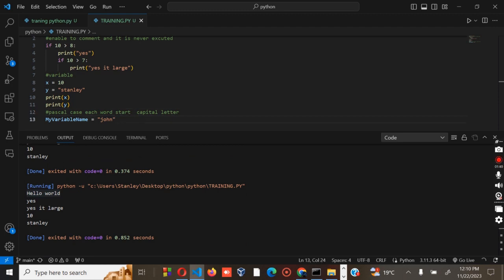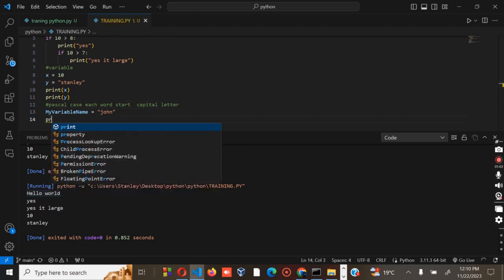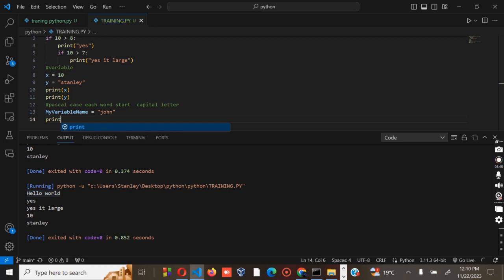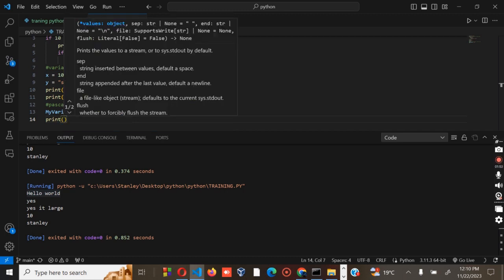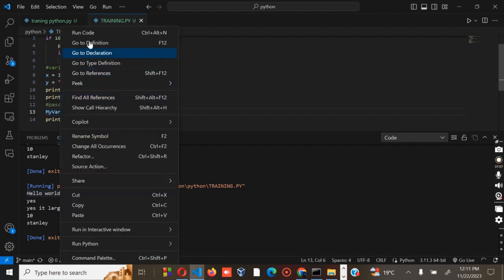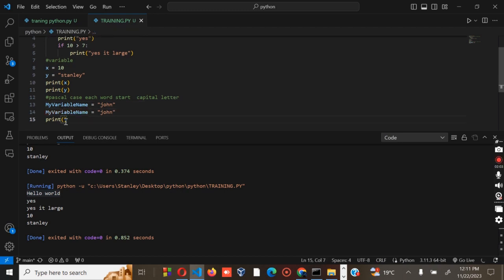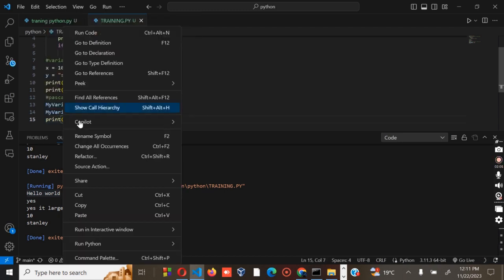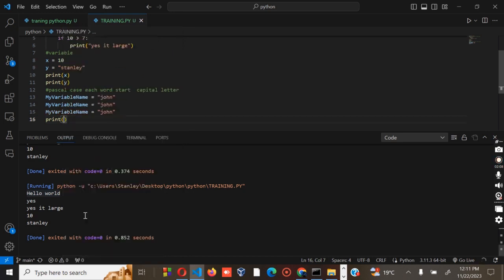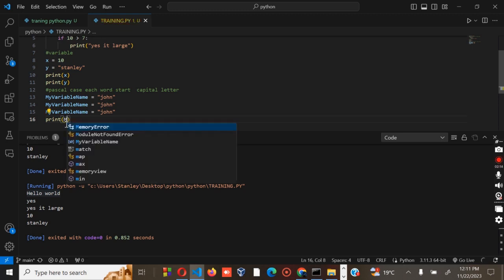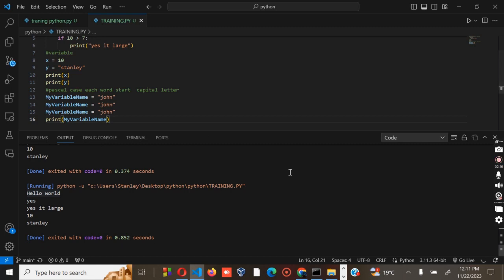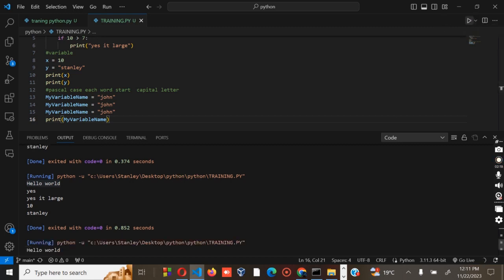Therefore, you print, you copy this one, then you paste, you print MyVariableName, then you try to run.